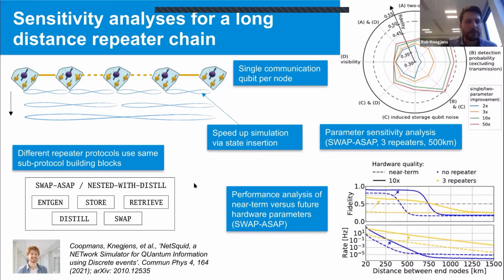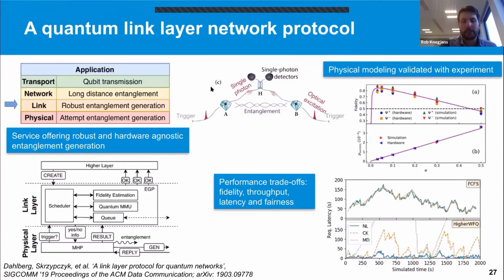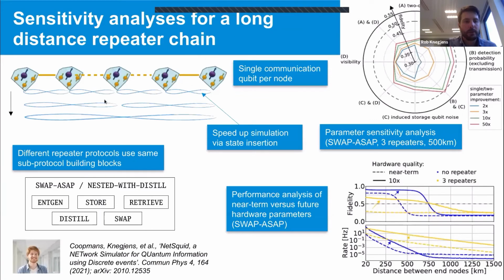Sorry, let me speed up. So inserting states, rather than taking the link layer approach of really simulating all the physical events within entanglement generation, he instead sampled those from a distribution. He could